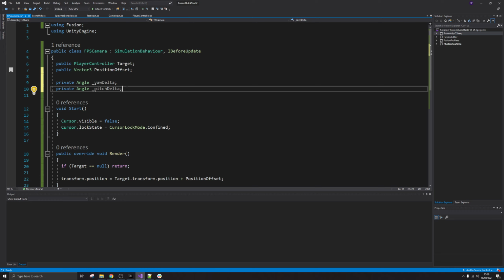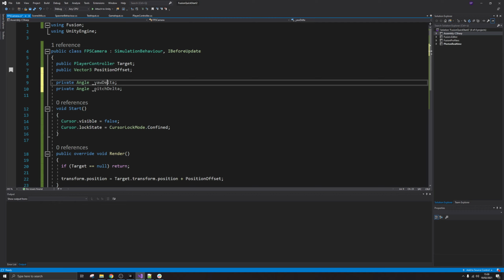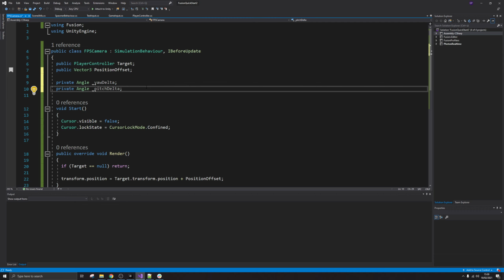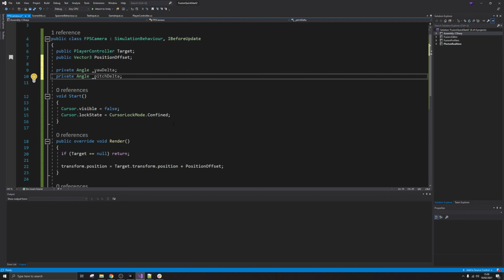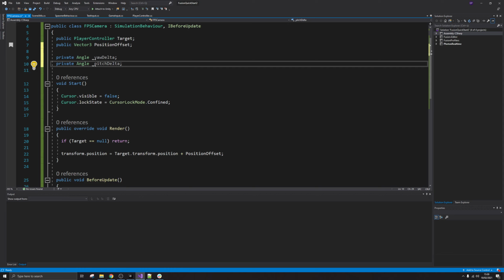And it's also very good to be networked. So we're gonna do this very soon because this is gonna be part of our inputs. But for now, what matters is this. And one interesting thing is we need to,